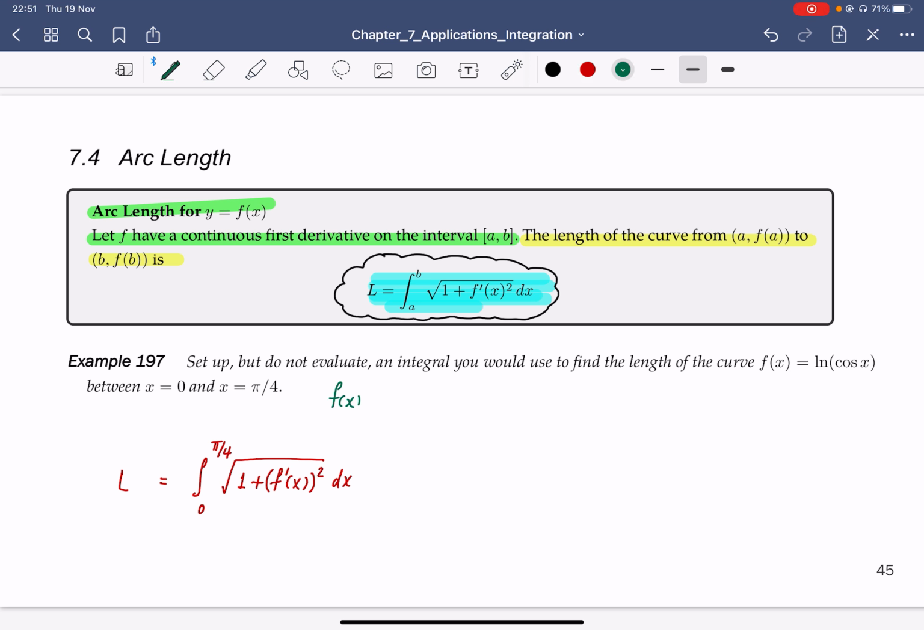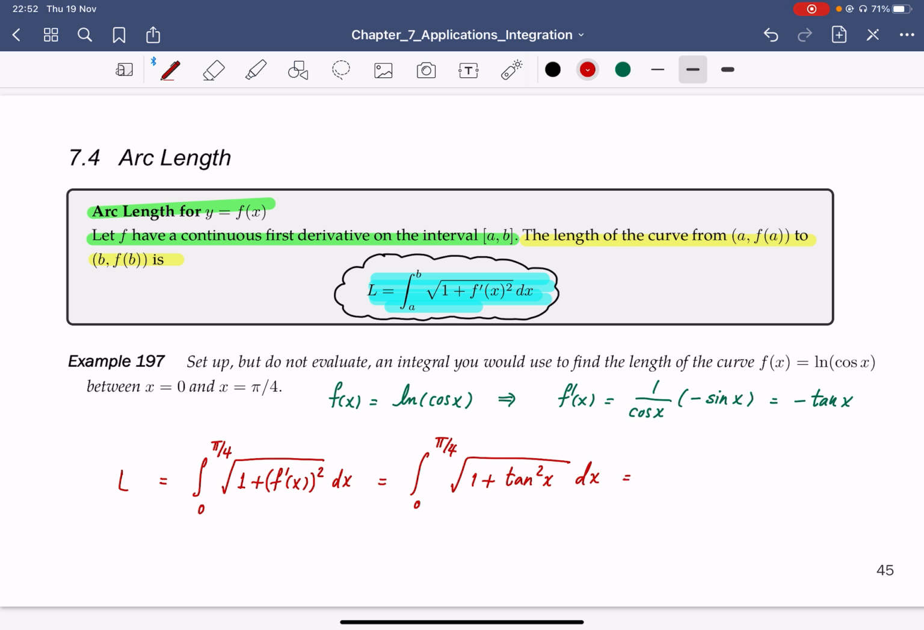From what you have, f(x) equals log cos x. This will give you f prime of x equals 1 over cosine, and then differentiate the inner function, so you get a negative sine, which is going to be negative tan x. This is your f prime of x. So you can plug it into the integrand here, so you get the integral from 0 to pi over 4 of the square root of 1 plus tan squared x, dx,